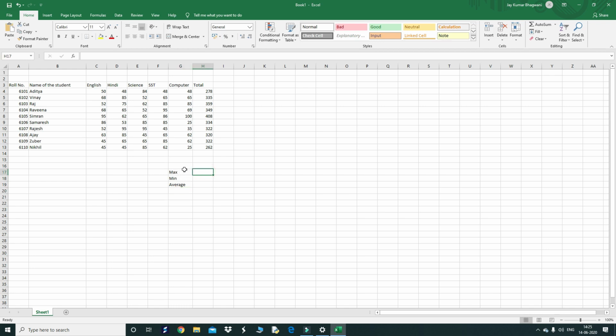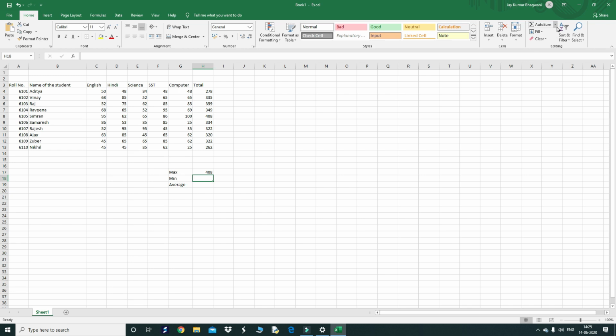Suppose for max, I want to find the largest value, meaning the highest marks obtained by a student. So the max function. Just go to this, don't click directly here. Now there is a small arrow. Just click here, other options will also come. So here is the option called max. Click on the max. Now you have to select this range, because out of these values we have to find out the highest value. The max function gives you the highest value. Then after selecting this, press enter.